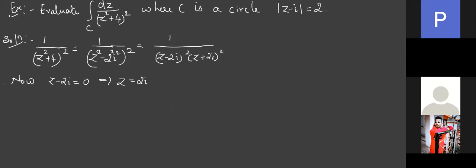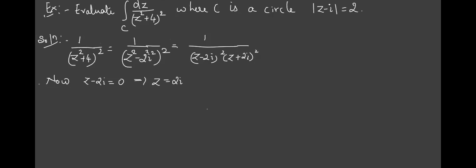How is the given curve? Modulus of z minus i equal to 2. So what do I have to do for this z? Before taking the modulus, some simplification: we have to have it in the form z minus i, then only take the modulus. So for this expression, just subtract i on both sides. Here also 2i minus i. So z minus i is equal to what? 2i minus i is how much? It is i.